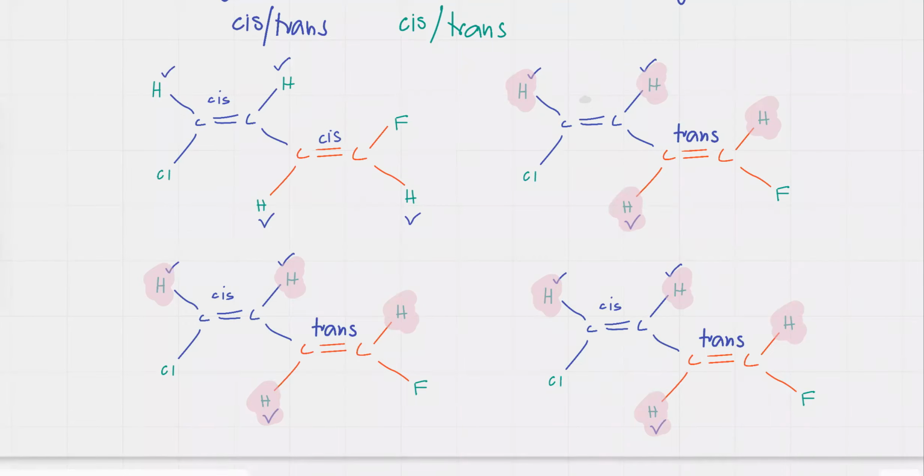So here's an example of a molecule having two double bonds. How many total isomers do you get? You get 4 of them, because if you have 2 double bonds, you can make up all the combinations. Like the first one would be cis, and the second one would also be cis. The first one would be cis, and the second one would be trans, and so on. The first one would be trans, and the second one would be cis,